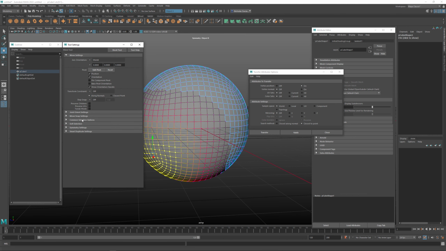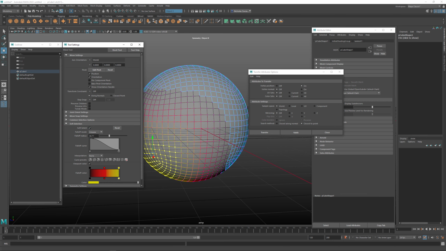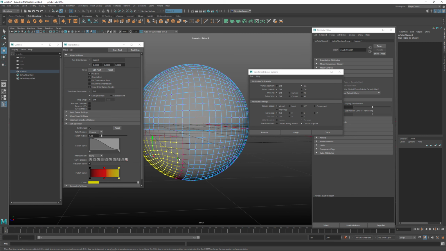If we double click on our move settings, we can go to soft selection. You can see that when we tap B, that's turning that on. And we've got this falloff mode, it's called volume. We've got a falloff radius. So you can do this with a slider, or you can hold down B and then click and drag left